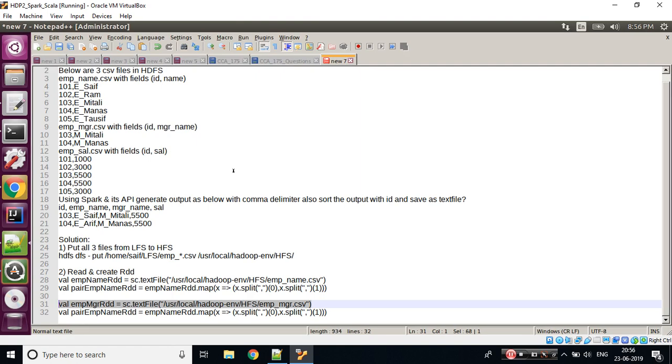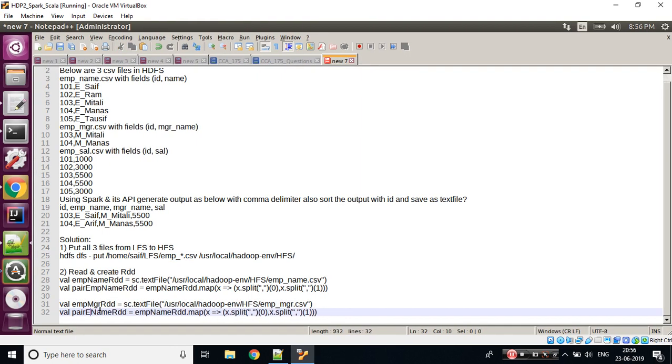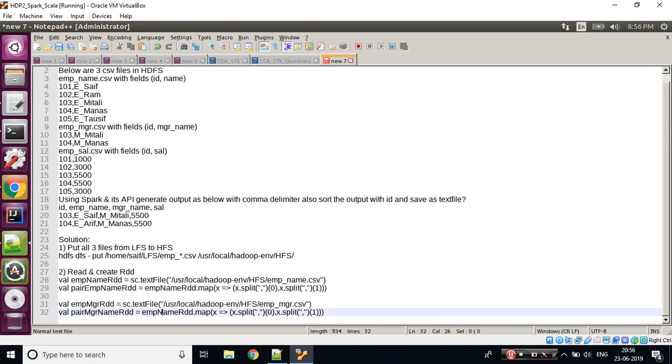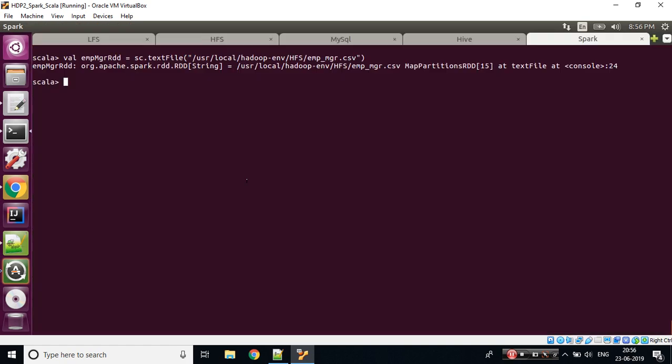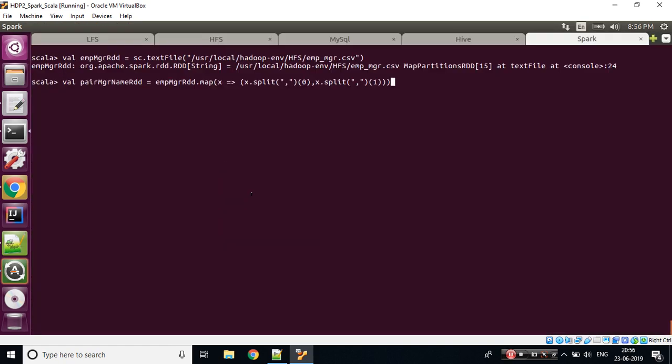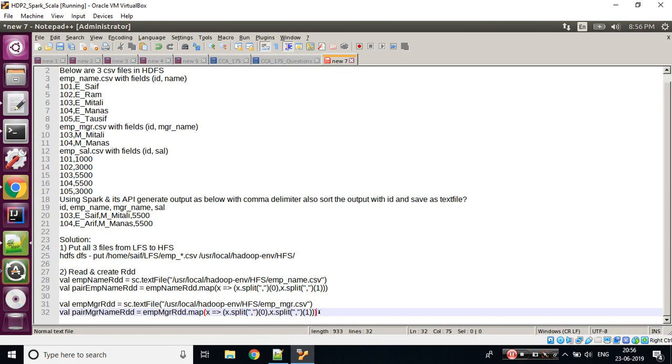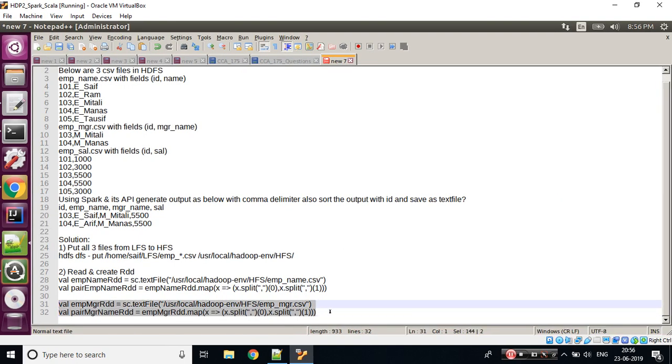So this RDD is created. Again, what I need to do is create a pair of that. So I'll just write pair manager RDD. I'll copy this and paste it over here. Let me copy this. Again, the same output would be there, so I'm just trying to save the time. And let me again copy this